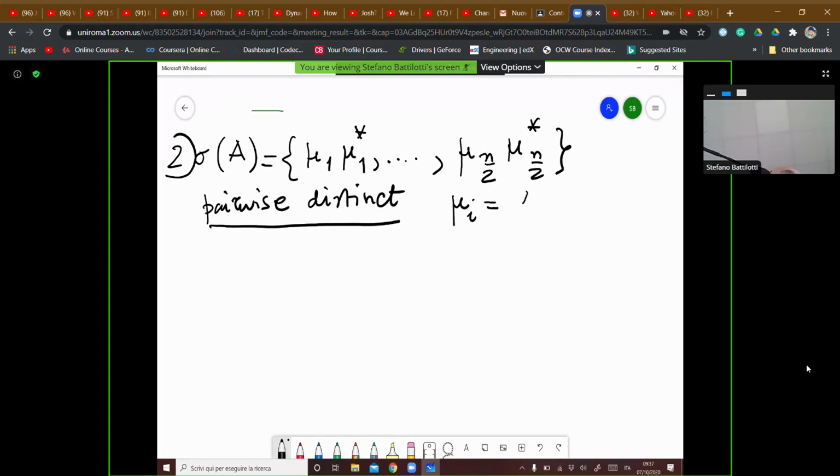In particular, we call alpha i its real part and omega i its imaginary part. So imagine that each number mu i is represented in its real and imaginary part as follows. Alpha i is the real part and omega i is the imaginary part. Accordingly, it is obvious that this means that the complex conjugate